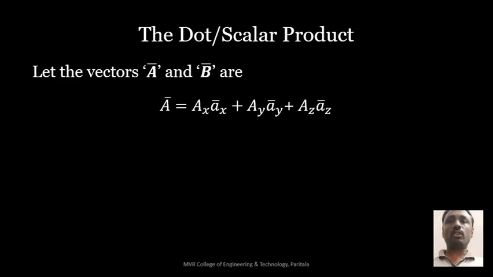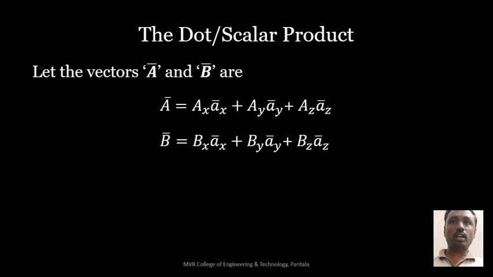So this is the rectangular coordinate representation. I already told you, in rectangular coordinates there are three axes X, Y, Z, so we have to represent any vector in the form of X, Y and Z. Here ax bar, ay bar and az bar, in small letters, are called unit vectors in the direction of X, Y and Z. So A bar can be expressed like this, and B bar can be Bx ax bar plus By ay bar plus Bz az bar. Now how can we express the dot product between these two?